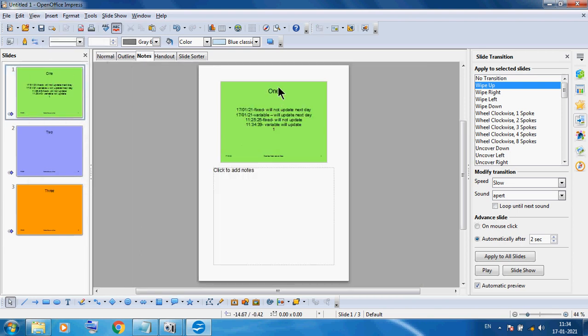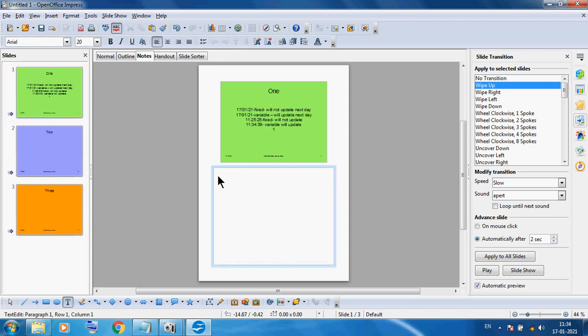So this is our first slide and I want to write the detail of the first slide here. Here I am writing: this slide will show numbers only 1.